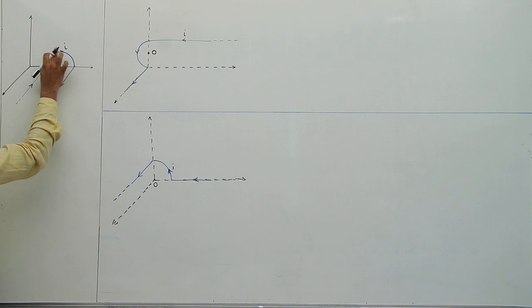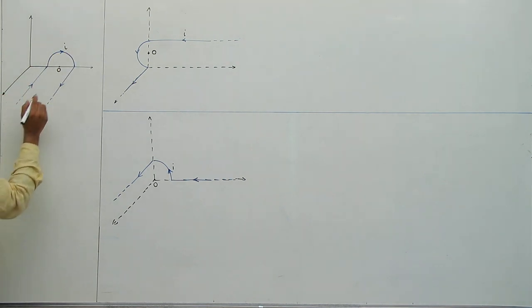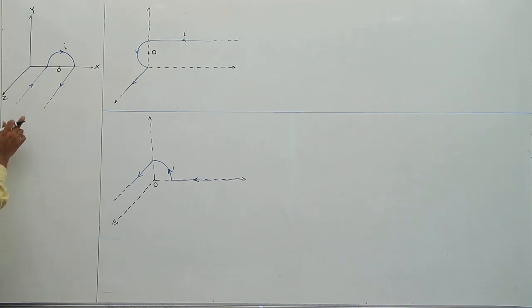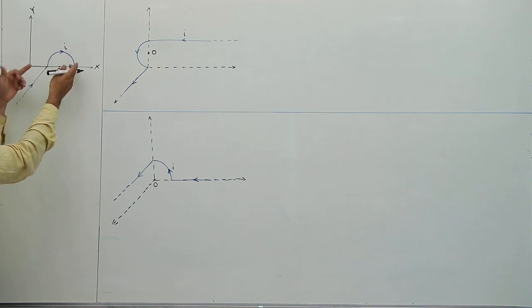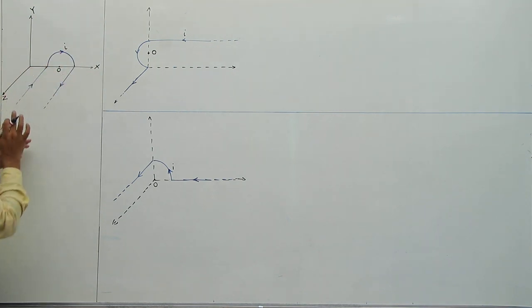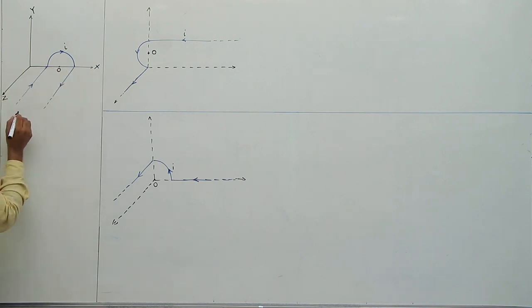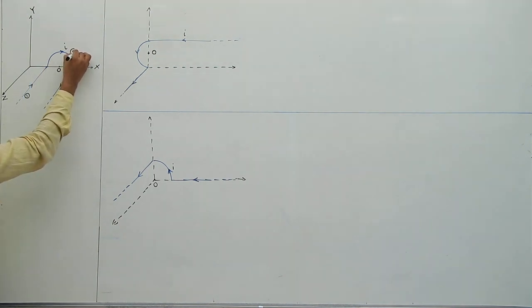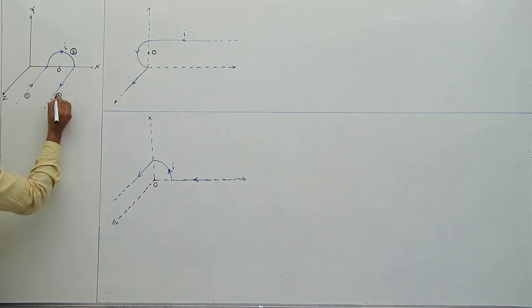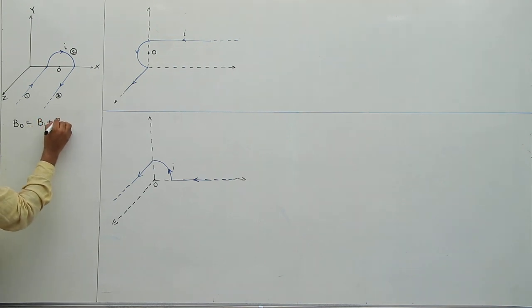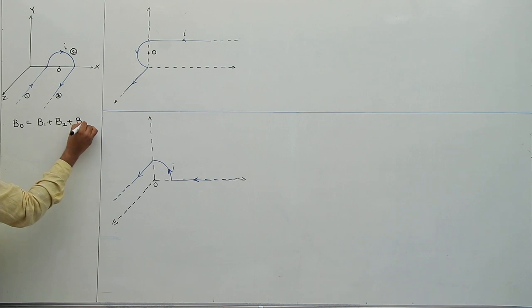Now, a wire is bent like this, as shown in the figure. So this, let me take it as x-axis, this is y-axis, this is z-axis. So this wire which is bent in the form of semicircle here and two parallel wires kept in xz plane like this. Now what is the magnetic field at the center of this semicircular wire or portion? First of all, let me divide this into three parts. This is part 1, semicircle is part 2, and this is part 3. So magnetic field at O is given by magnetic field due to first portion, magnetic field due to second portion, magnetic field due to third portion.